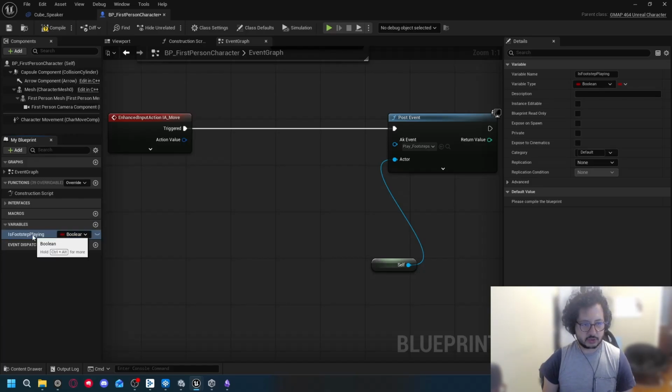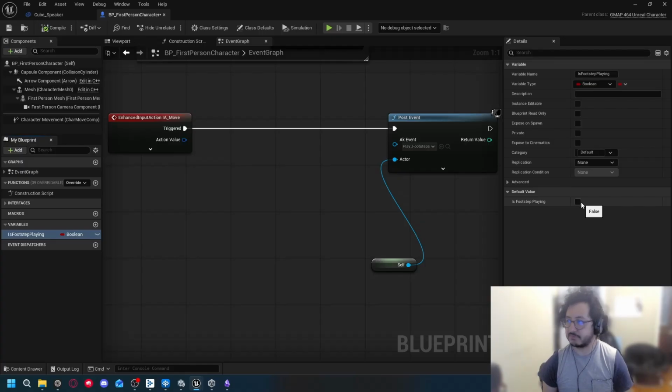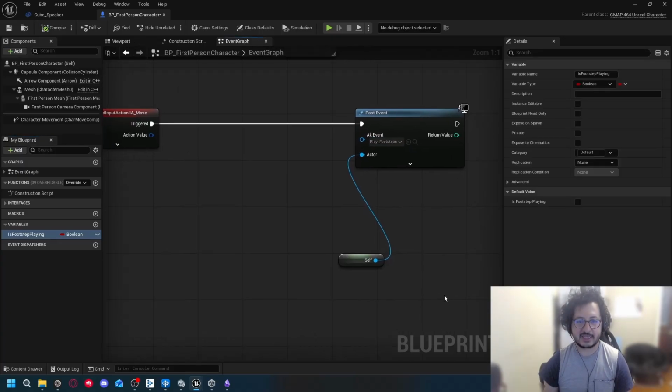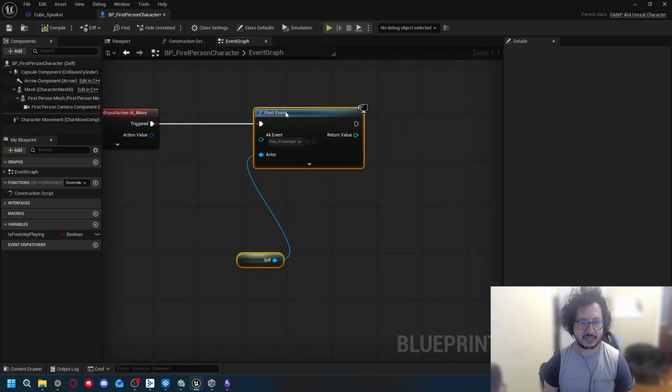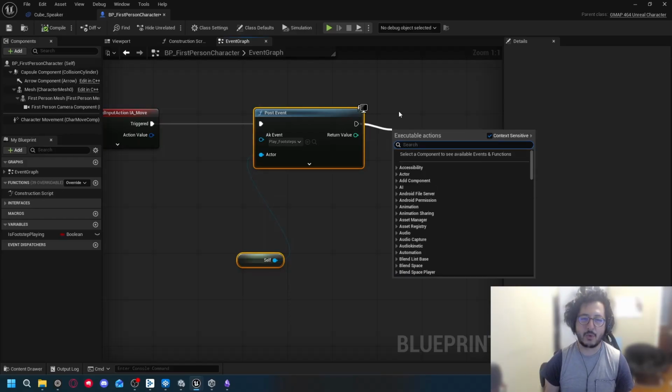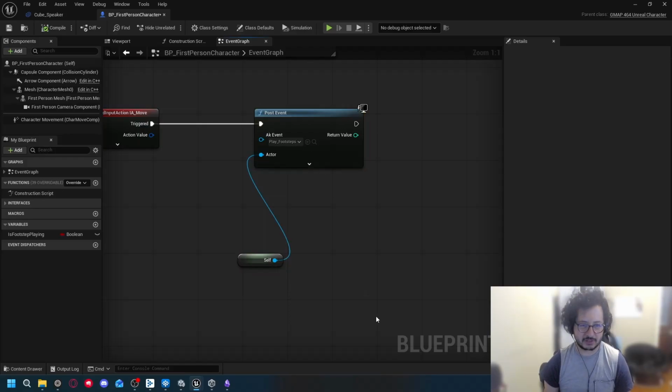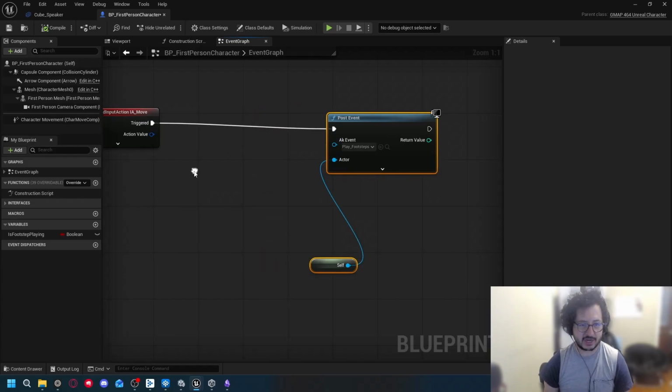Let me compile that. The default value is going to be false. The footstep is not playing, and then the idea will be that this post event happens only when footstep is not playing. So if I create a branch,